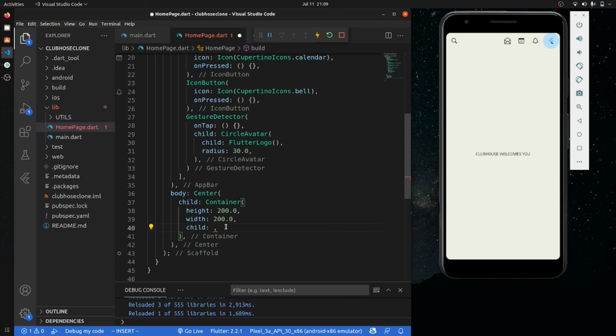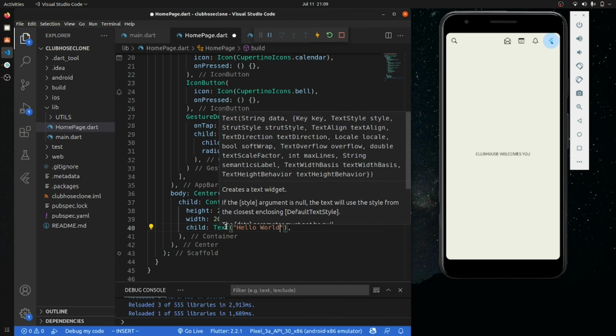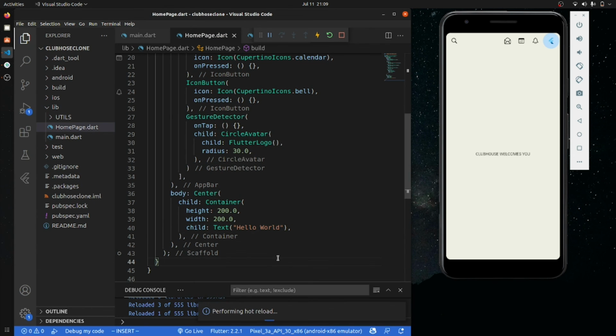So now we will set child, and let's set a Text also, "Hello world." Save it and see what happens. Okay, we have a hello world.